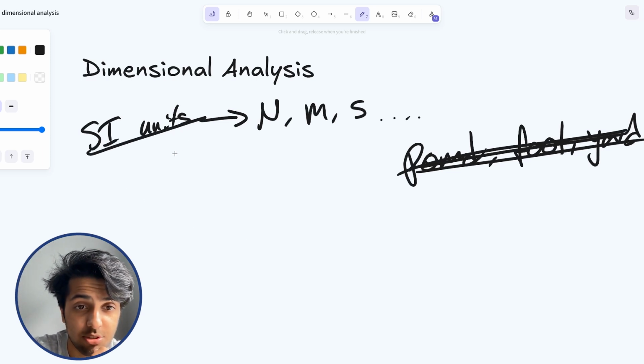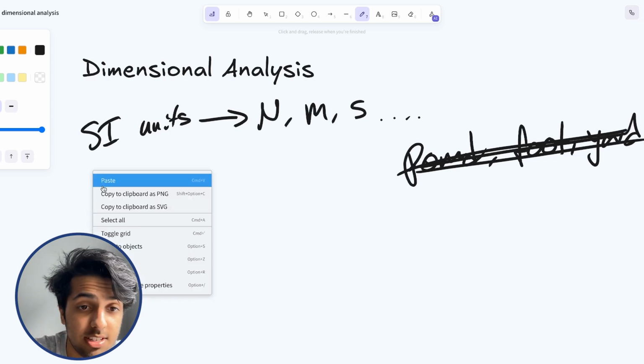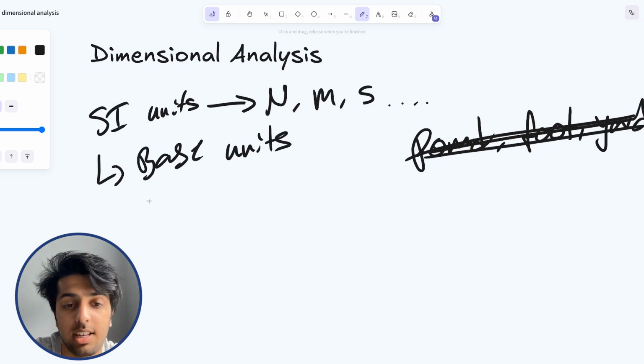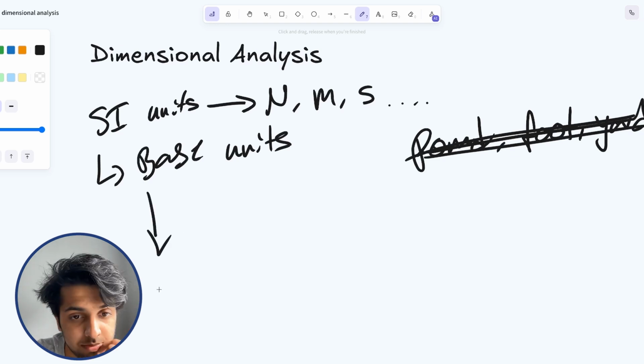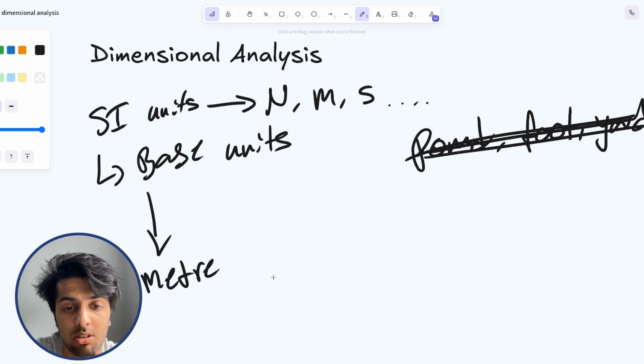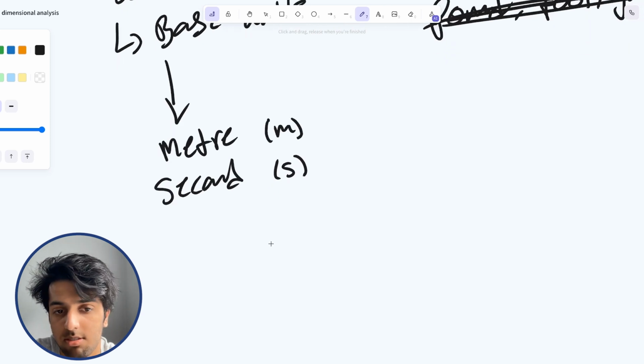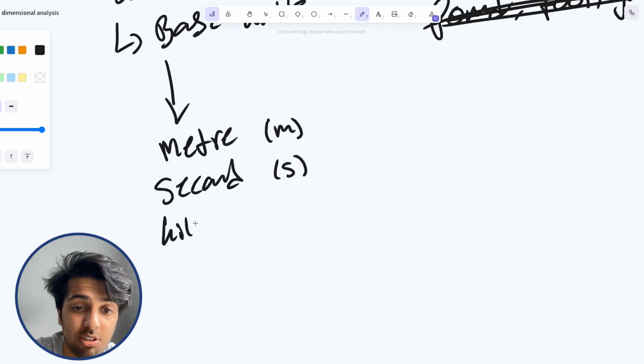So the SI units is what we're mainly focusing on, and under these SI units, we have what are called base units, right? And these base units are the meter, and that has a symbol of m. We have the second, that's obviously s, so that's its symbol. The kilogram,